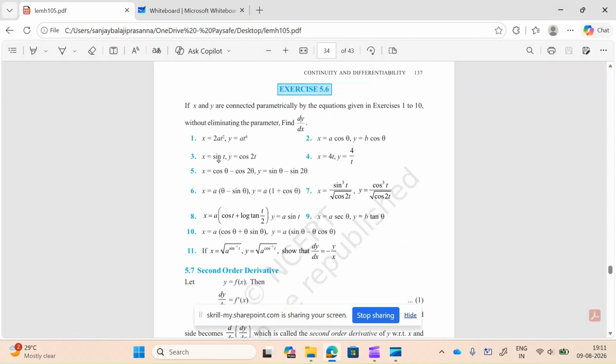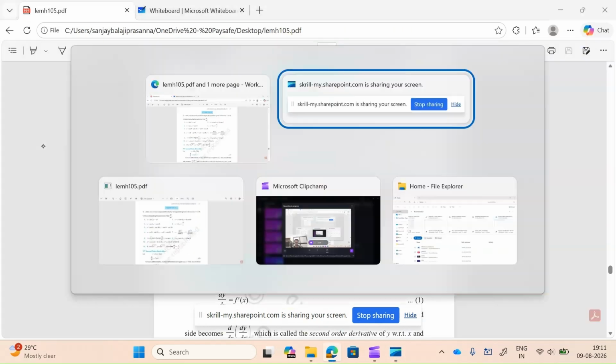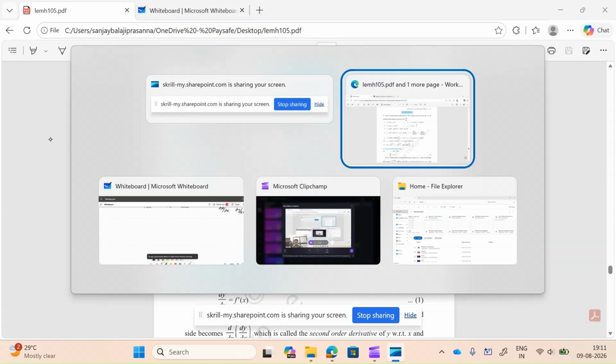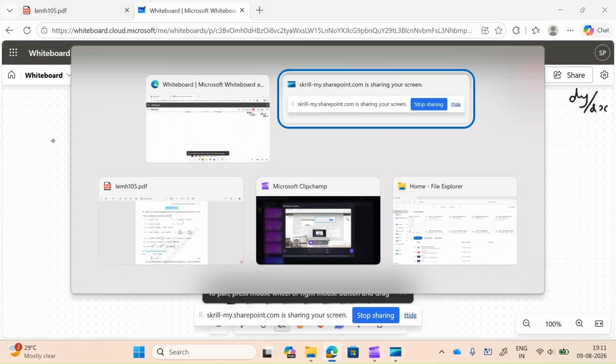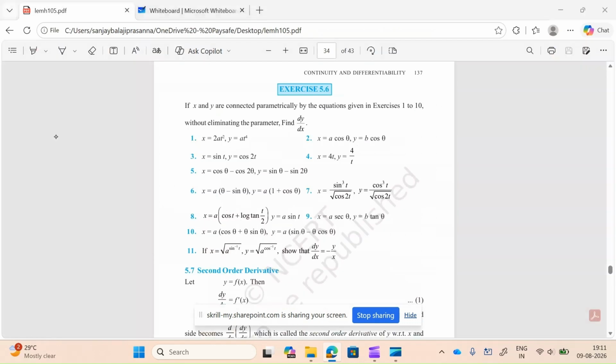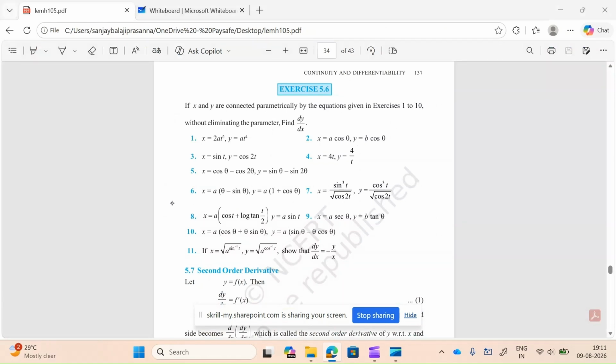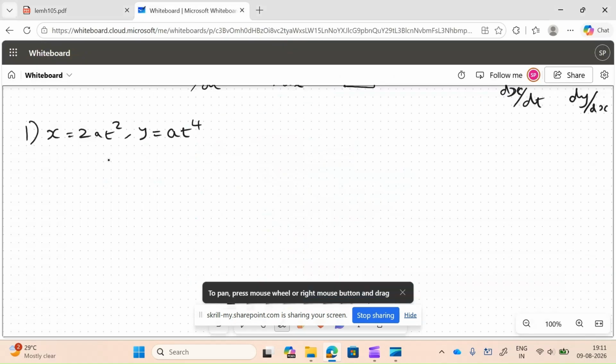First question: x equal to 2at squared, y equal to at to the power 4. Now they want you to find dy by dx. See, actually, here you can eliminate the parameter t, right? For example, now